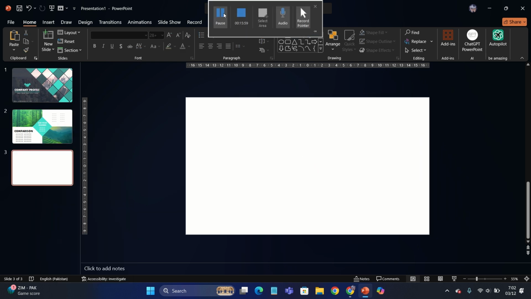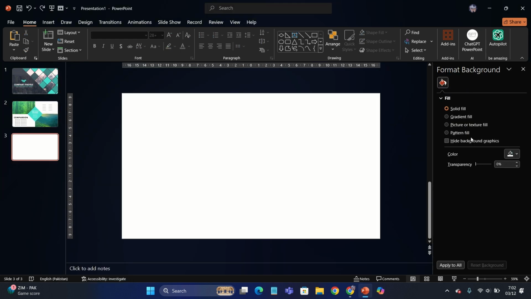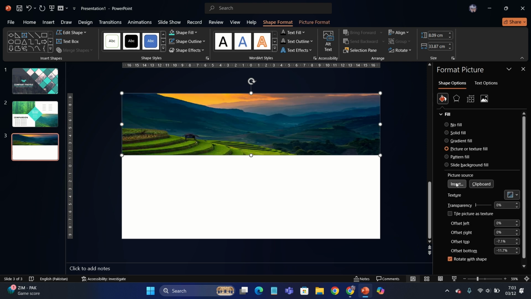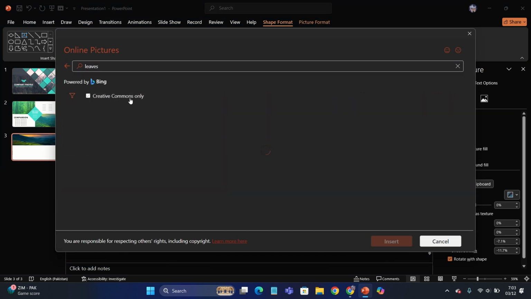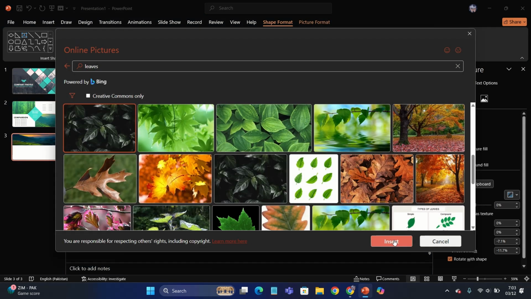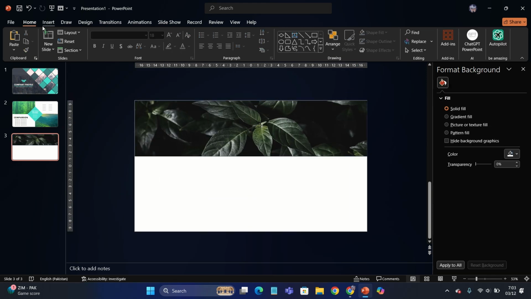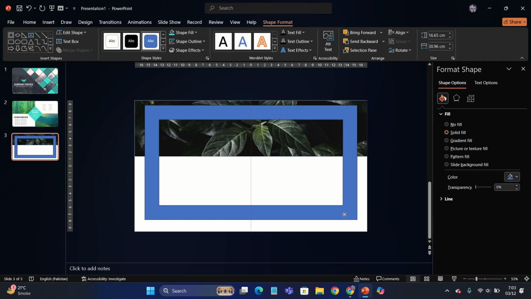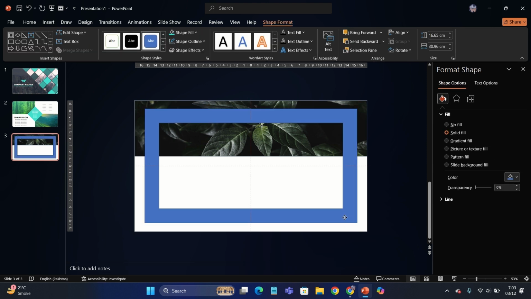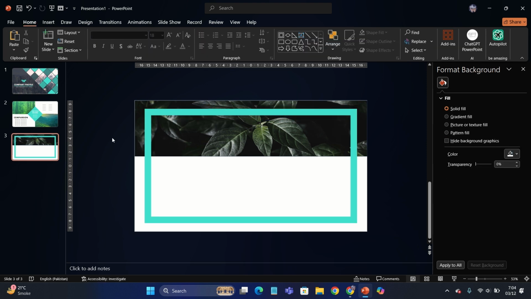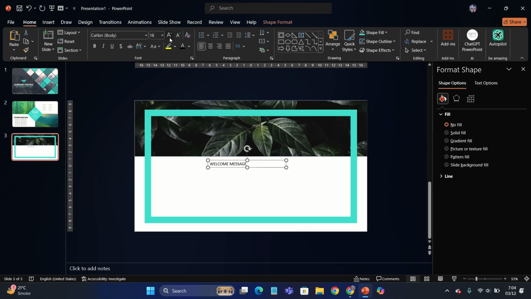Next, insert a new slide in which you're going to go to format background and insert a rectangle right on top. Go to picture fill and give it a picture fill. I'll use online images, and next you're gonna insert this shape right here, and you have to make it thinner. And then you have to insert a text box right in the middle of the template,